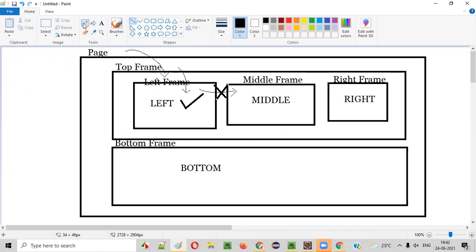Top frame only, right? So what I will do is I have to switch back to the parent frame. Again from this left frame I have to switch back to the top frame, and from the top frame we have to switch to the middle frame. This is the only solution, guys. There is no shortcut here. You have to go back to the parent frame, and from the parent frame switch to the middle frame. So let me show you, guys, how to switch back to the parent frame.